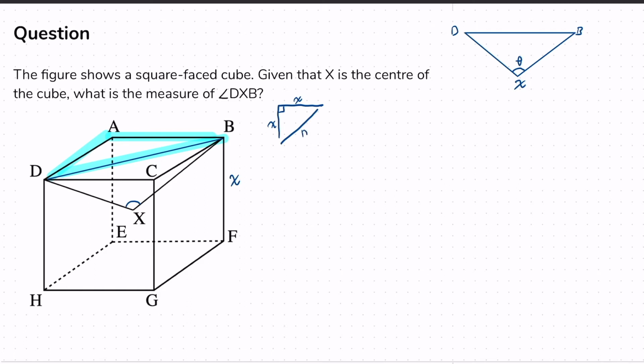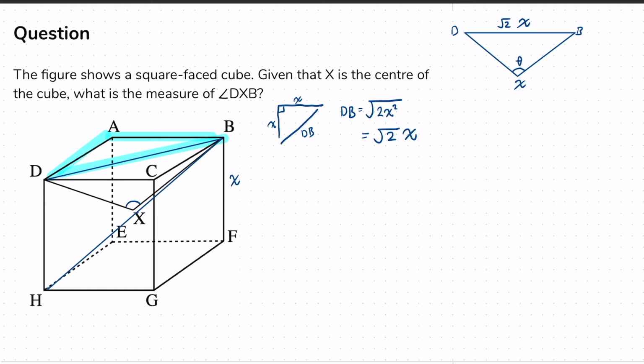So this is going to be DB, which is the square root of 2x squared, equal to the square root of 2 lots of x. Put that up there as well. Oop. I want to be clear, this is the square root of 2 times x. So what does that help us with? Well, we can use this value here, the DB, to make another triangle, right? This diagonal is going straight through the middle. It's obviously not to scale,